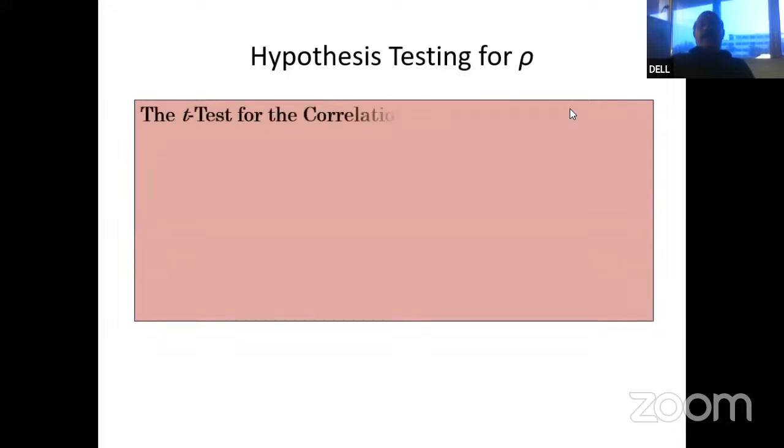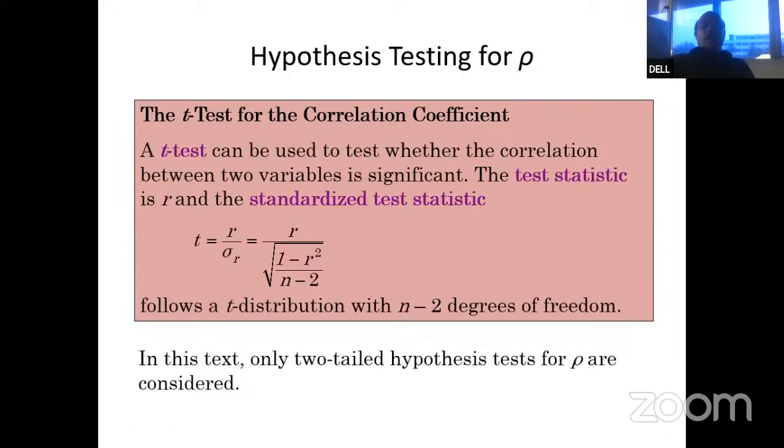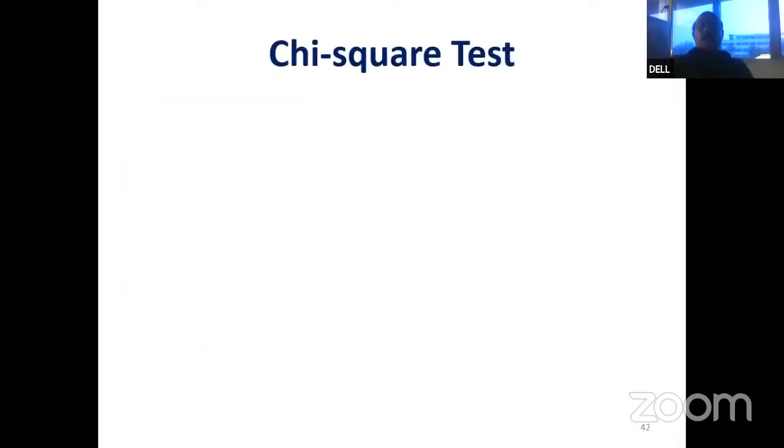After the t-test, this t-test can be applied for correlation also. Correlation means studying the relation between two or more variables, how two variables are related. Once they are related, how far that relation is significant, you want to test with the help of the t-test using this formula. So the next test